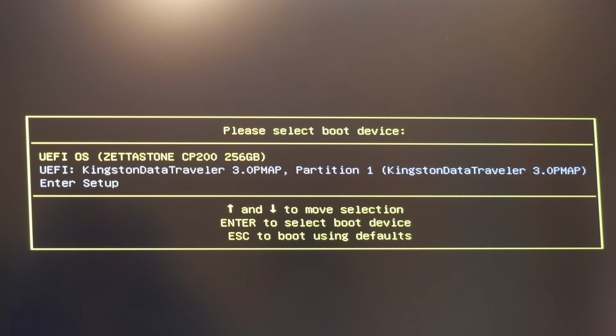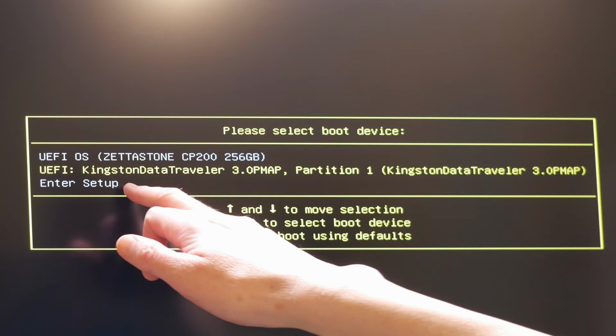Now once the GMKtec has loaded its BIOS, you should then be presented with some boot device options, as you'll see, and you should get options on screen. Please select boot device, and the first one will be for UEFI OS, and that will be for Windows 11, which is already installed by default from the factory on the GMKtec PC. That's if you selected the option, of course, to purchase the GMKtec with Windows 11 already installed. If you haven't, all you will get is an option for UEFI, and that should have the name of your